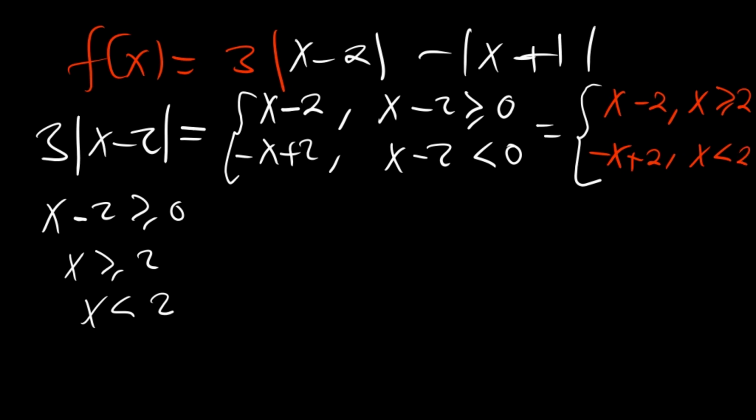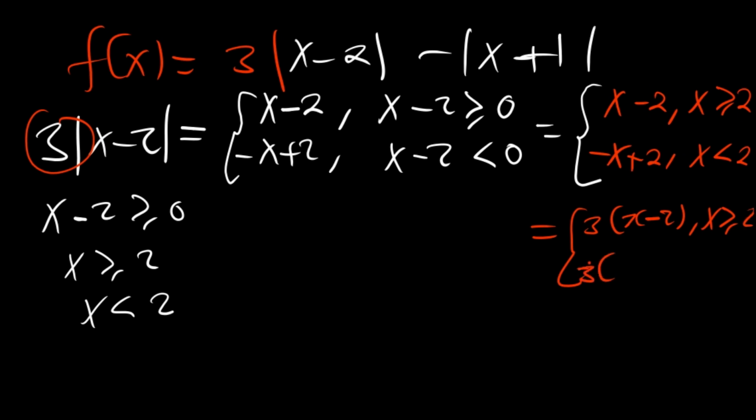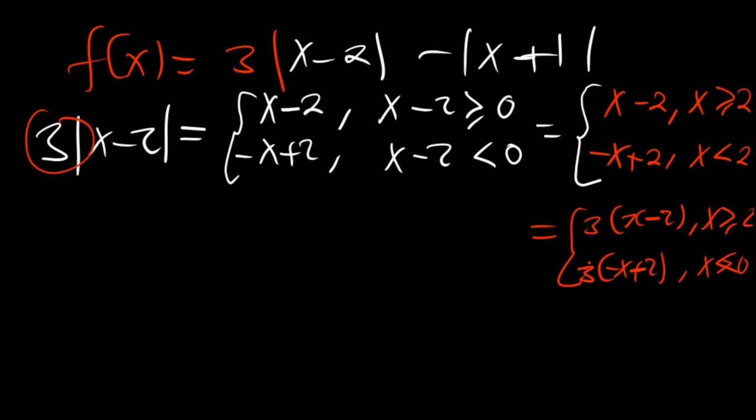Now do for each guy times 3, because there is 3 outside here. So you do this: 3 open brackets x minus 2. The condition is the same. Again here, 3 open brackets negative x plus 2. The condition is the same, less than 0. So our overall answer for just defining the first part is going to be 3, the modulus of x minus 2, will be equal to